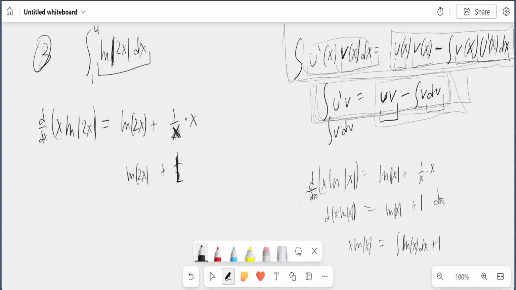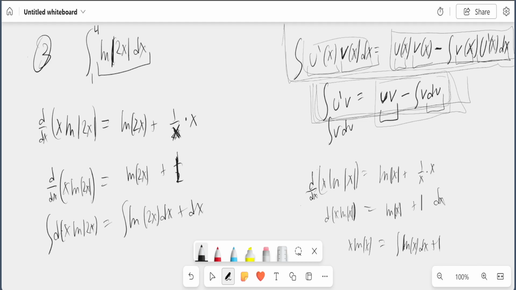So that's ln 2x plus 1 is equal to d over dx of x ln 2x. Right? And then if I multiply dx on both sides, I can integrate both sides, and I get